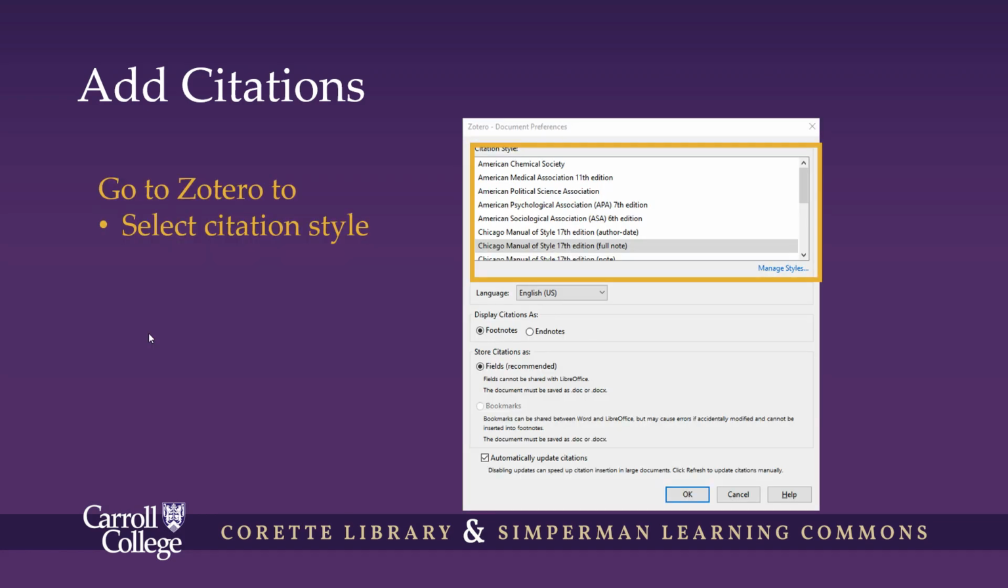Now, go to Zotero, where you will be prompted to choose your citation style and select footnote or endnote, or other options. If you don't see the style you need, you can add more by clicking Manage Styles. Once you have selected the style you need and any additional options, such as choosing between using footnotes or endnotes,